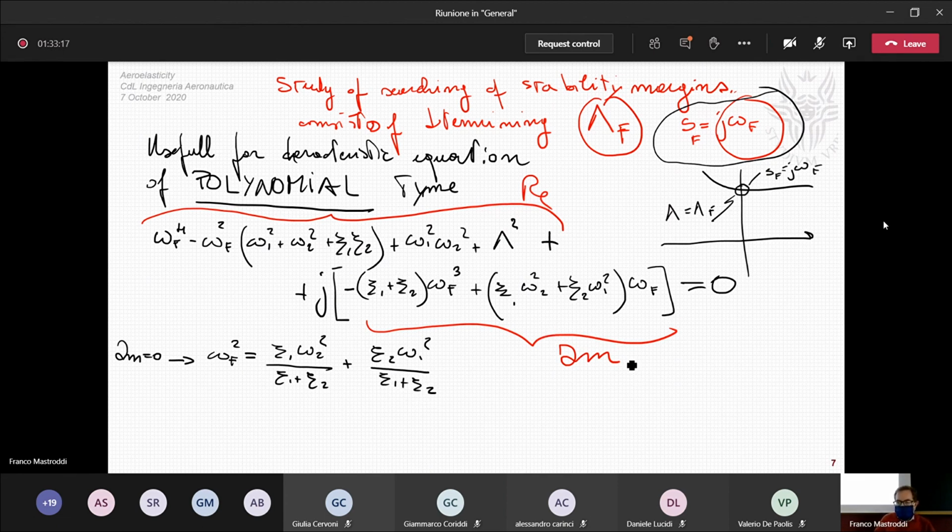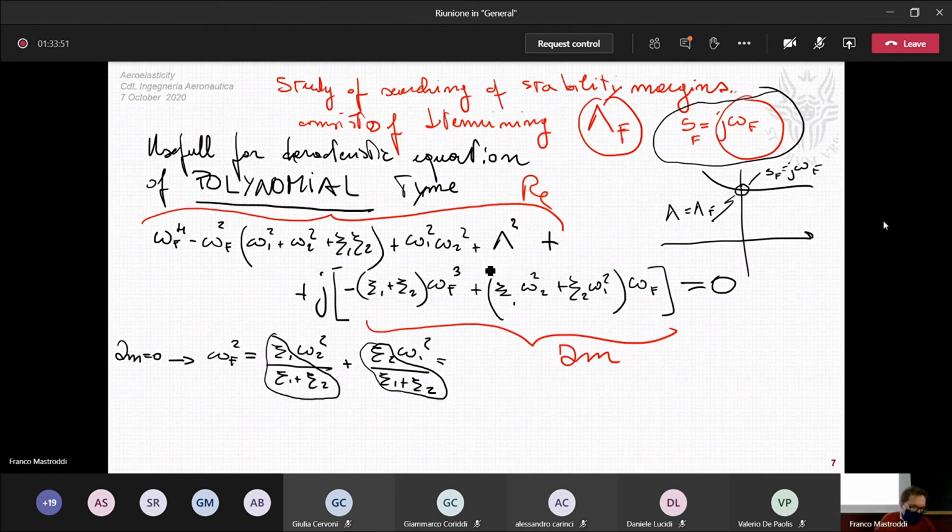Interesting. I have imposed this equal to 0 and I obtained this. So the flutter frequency squared is a combination of omega 1 square and omega 2 square. And the coefficient of this combination is driven by the relative damping. Interesting. So this is a weighted